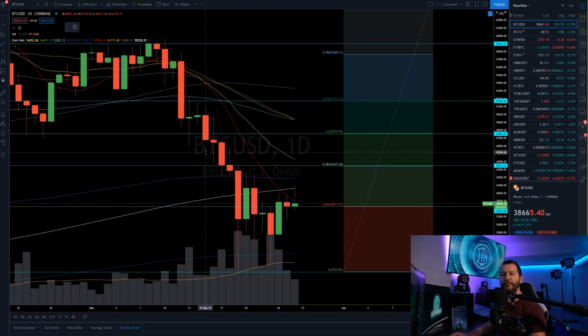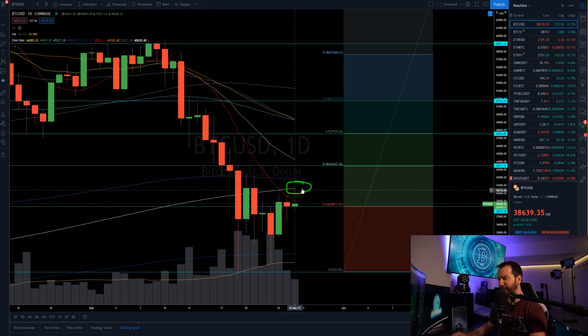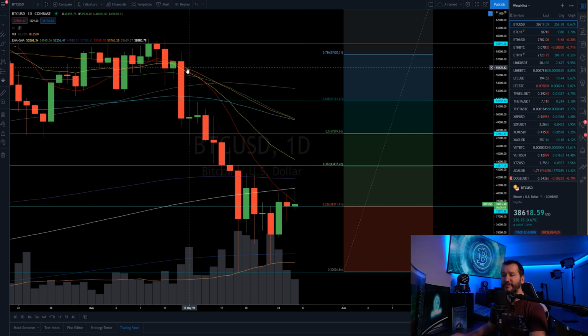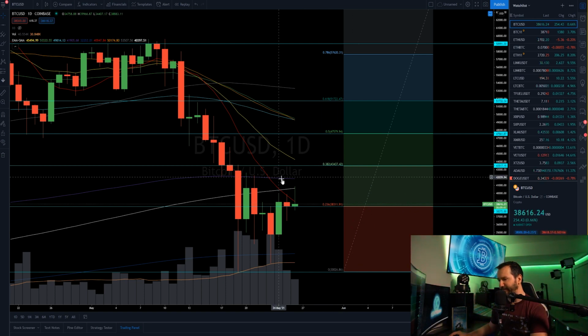And I see that Bitcoin was attempting to work its way back to the upside, coming into contact with the 200 simple moving average, this beautiful white line that I have on my chart here. And I see that the wick stabbed it, and a little bit of a rejection is being found there at the time of recording. We see this red 10 simple moving average very aggressively slope to the downside, and it is also squishing that candle body, at least at the time of recording, right into that 0.236 of the Fibonacci